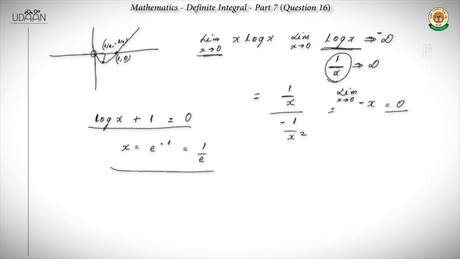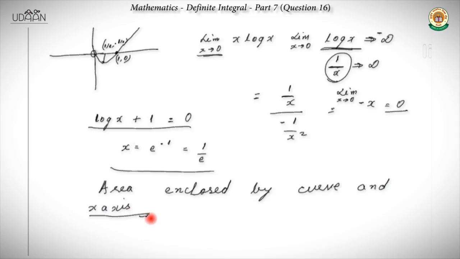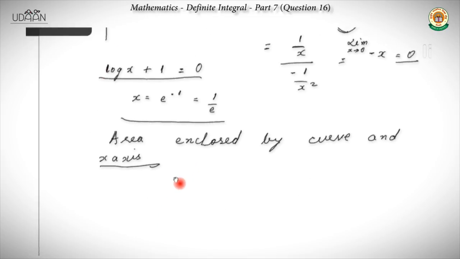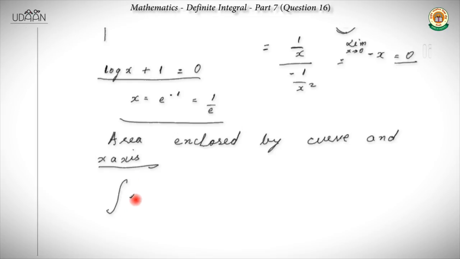or the area enclosed by the curve and x-axis, we need to make sure that the area is always positive. So even when the graph is negative, we have to take the mod, or the negative. So we will be integrating it this way: minus x log x from 0 to 1 dx,